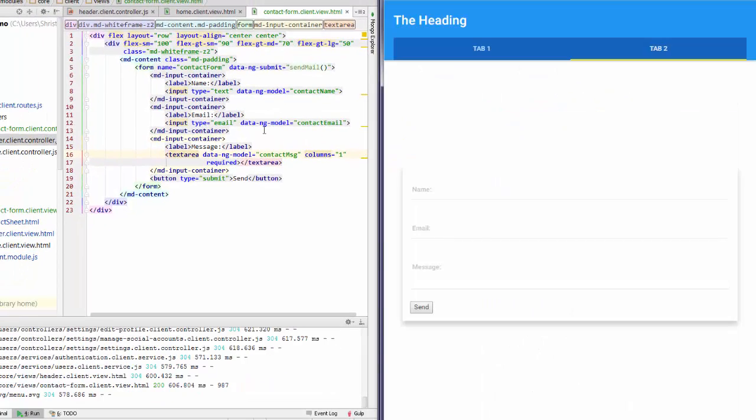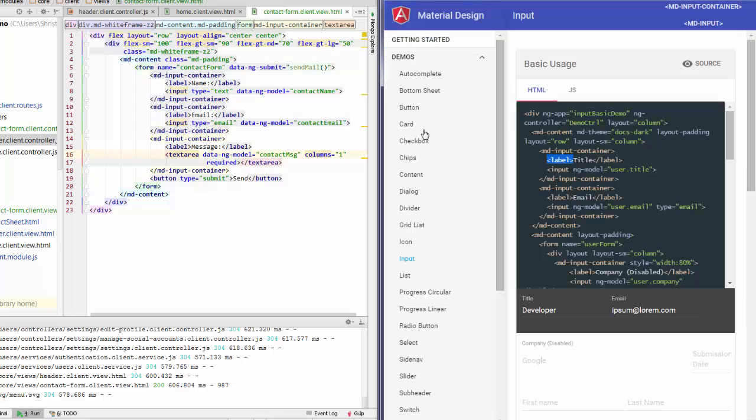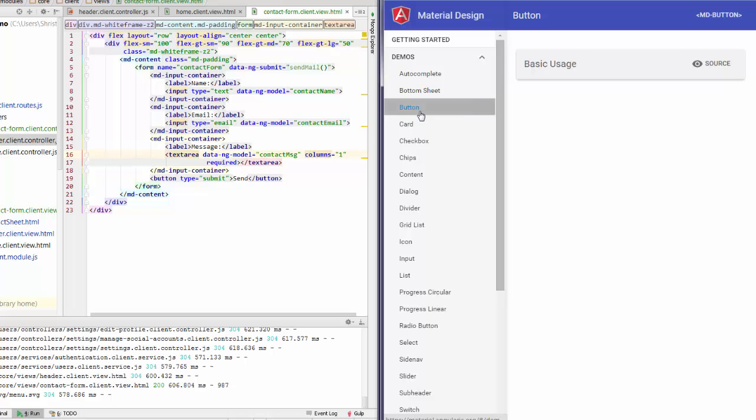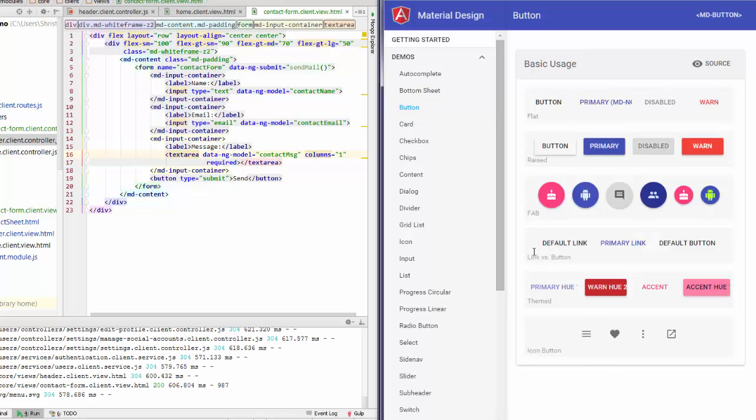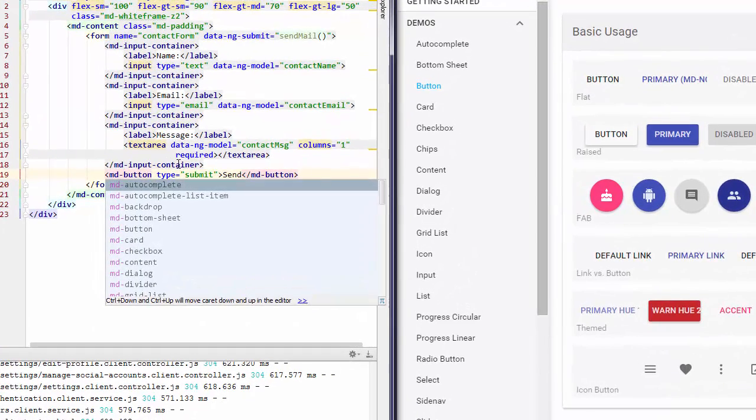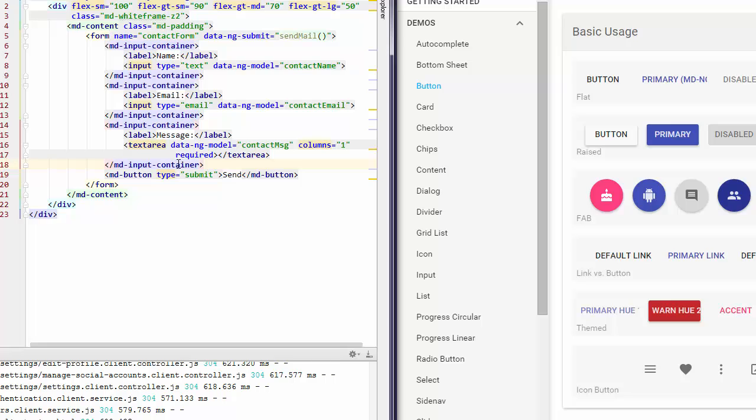Okay, so our form's starting to look like a form, and our button's a little bit ragged because we haven't done anything with that yet. So to do that, you can have a quick look at buttons if you're not sure. There's all kinds of classes and different things that you can apply to the buttons here. So we can do that really quick. Just want to change that to MD button. Really liking the new version of WebStorm that will change my closing tag for me. That's pretty cool. So we've got MD button, we've got a type of submit.